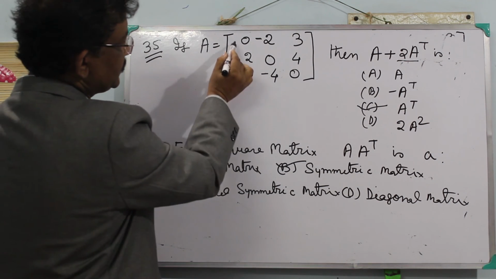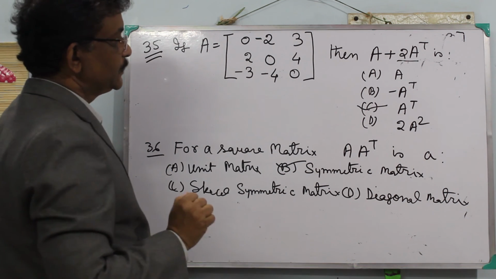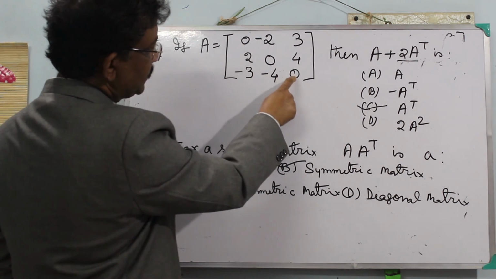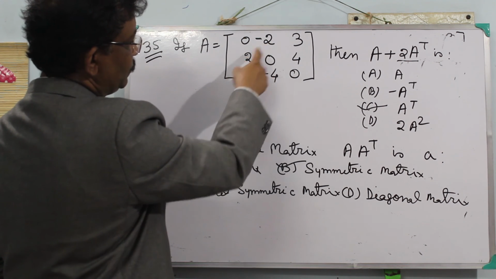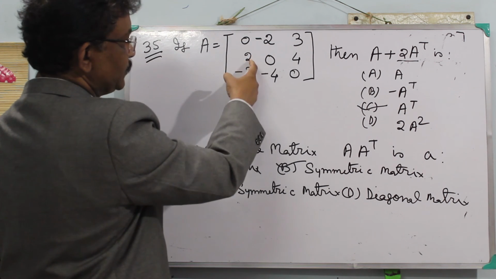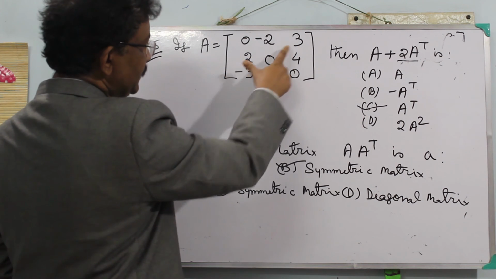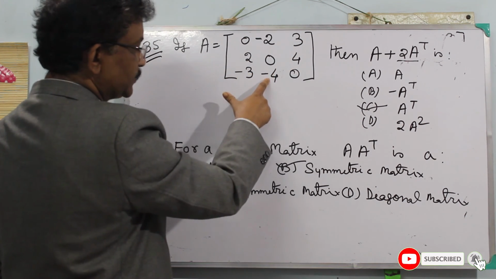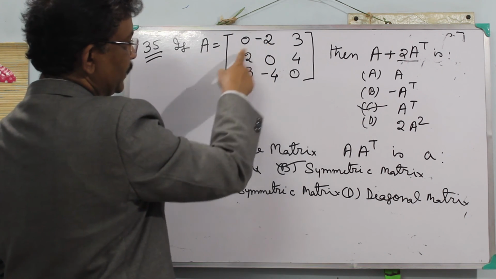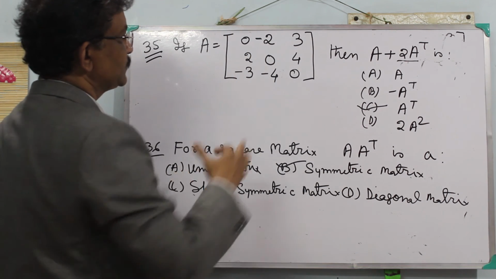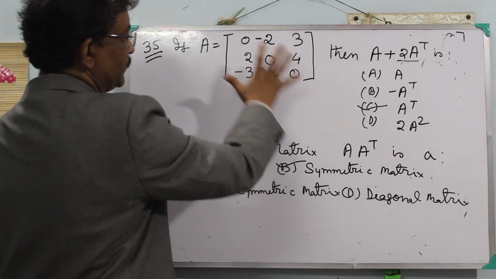So you see, it is a skew symmetric matrix. How will you identify a matrix to be skew symmetric? All the diagonal elements are 0. Here all the diagonal elements are 0, and you see the digits are equal but the signs are opposite. So minus 1, minus 2, 2, 3, minus 3, 4, minus 4. If you go across, 2 minus 2, just the sign is reversed, 3 minus 3 and 4 minus 4. So it is a skew symmetric matrix.